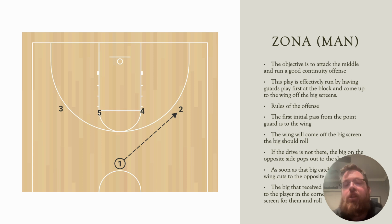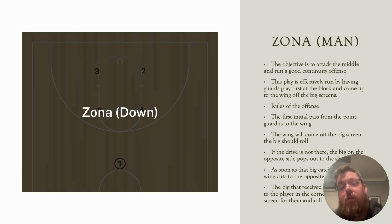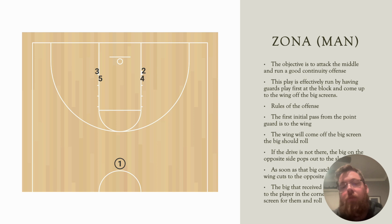So that's an option. Okay, there's a few other options out of this. I'm just going to go over that one. So, very simplistic offense. Gonzaga runs this offense. They've run it in the past. So it's a good offense for a high school team, a junior high team that can understand the fundamentals of